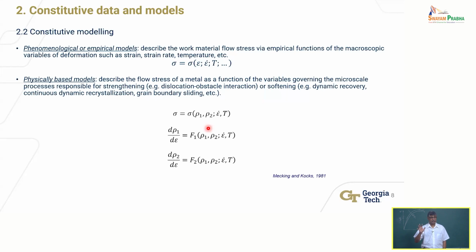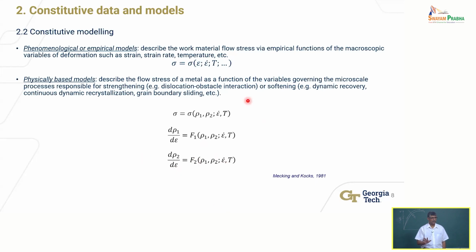Microstructure here being dislocations, within a grain, for example, right? You're dealing with polycrystalline metals. So these equations, without going into great detail, can describe this behavior. This is called a physically based model because it is describing how the strength of the material changes as a function of strain, strain rate, and temperature, as a function of the dislocation behavior within the material. This is telling you how the dislocations within the material change as a function of strain, and so on and so forth. So what is the advantage of this type of model?